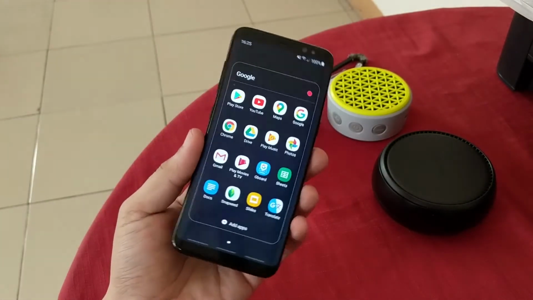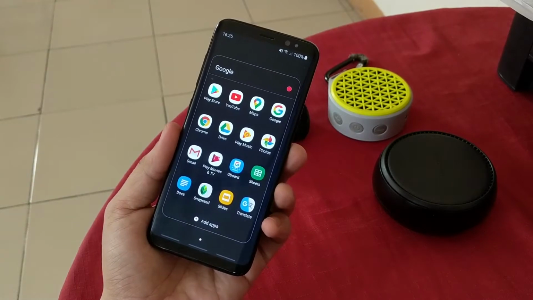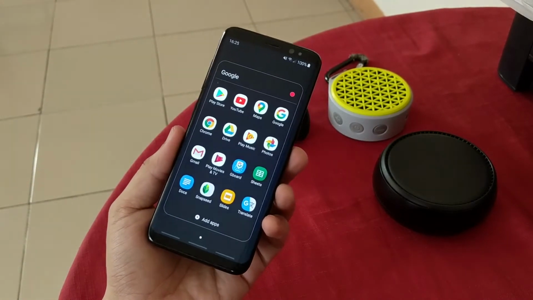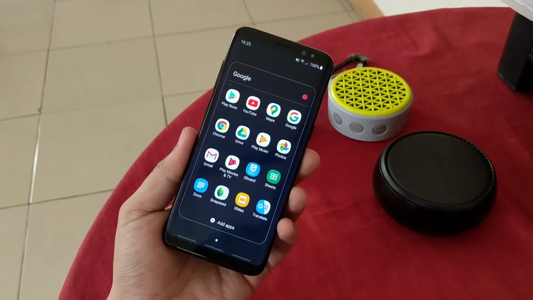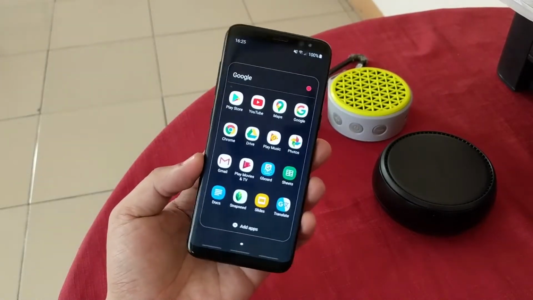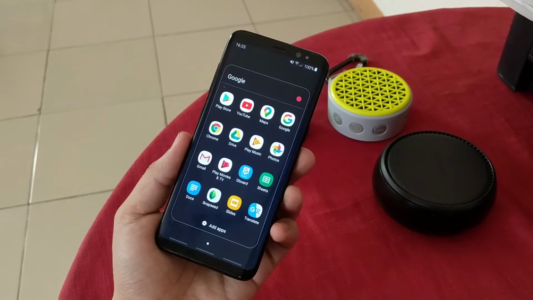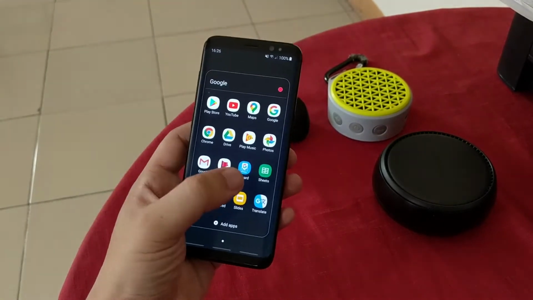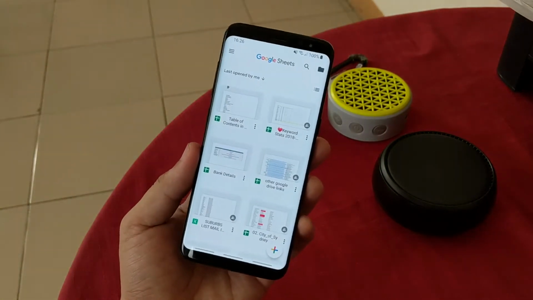So I'm fond of using Google Sheets to get some lists made and have some computations on my expenses on a monthly basis, and you can track all your expenses if you are into that kind of stuff. So let's get started. We can open Google Sheets, and the first thing you can see is the